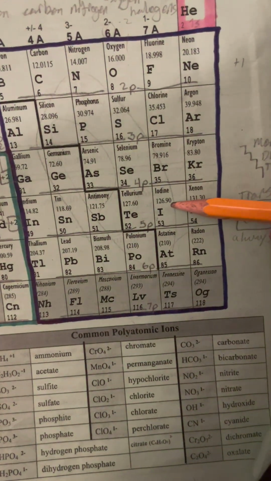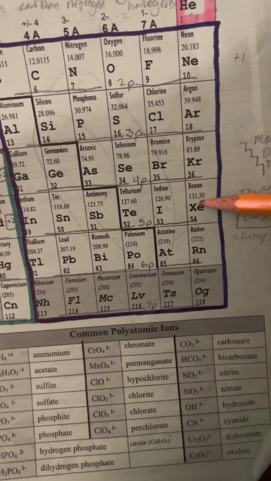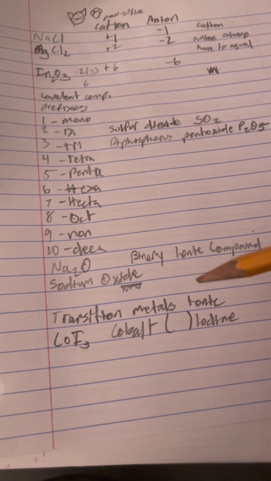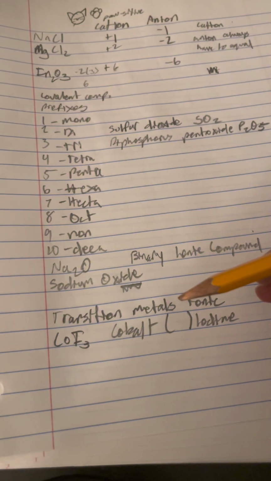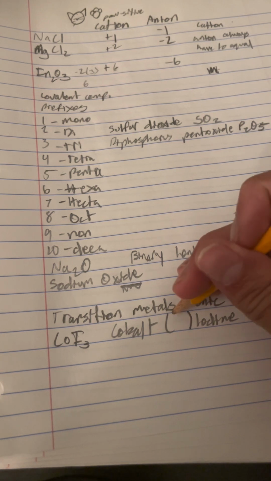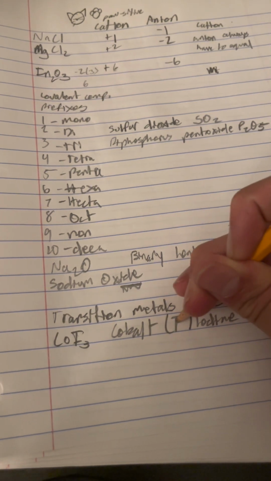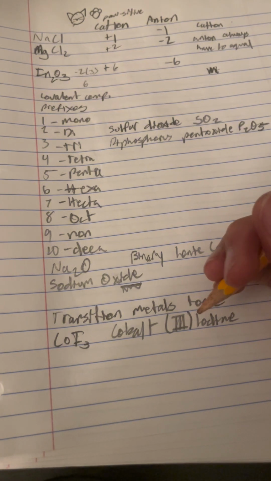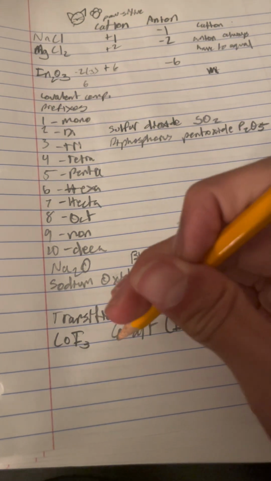That is a charge of -1. Then since there's 3, there's 3 cobalt. So to get equal charge,